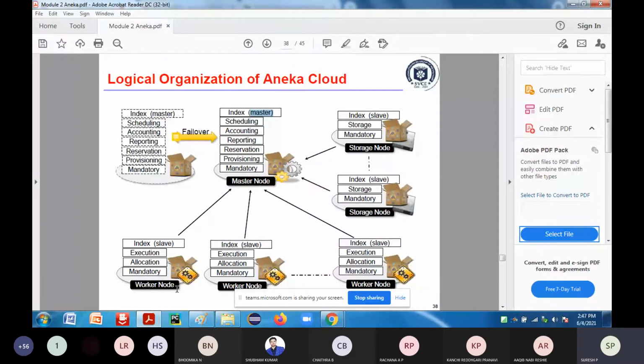The worker node is configured in such a way that it should execute an application, because the master node will not execute the application. Your worker node is going to execute the application, but whatever it executes has to be monitored, right? For how much time it has been running, what resources it is consuming, what type of infrastructure it is using, that has to be tracked and reported. So why do we have to report it? To bill accordingly, because I want to generate revenue.